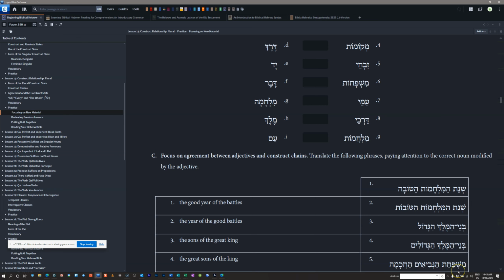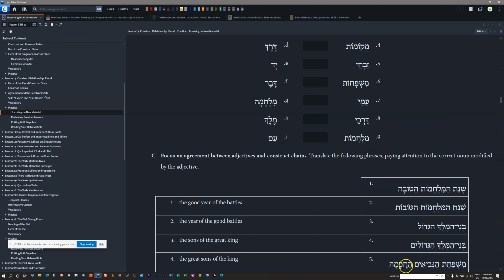All right, if this is construct, what is our absolute? Well, the very next word has an article, so it can't be construct. This must be our absolute. That word is ha-nevi'im. It is definite, therefore the construct is definite. If mishpachat is feminine construct, the way we find the lexical form, which is feminine singular absolute, is we just change this patak tav back into a kametz hey, and that will usually get it for us. So mishpachat becomes mishpacha. Mishpacha is a word we're familiar with. This is the feminine singular noun for family. So since our absolute is definite, our construct is definite, we get the family of the prophets,